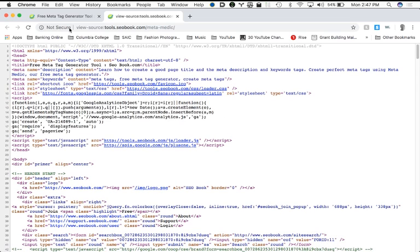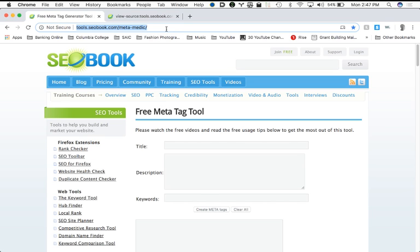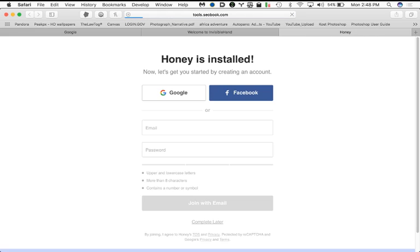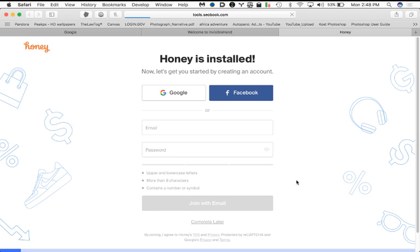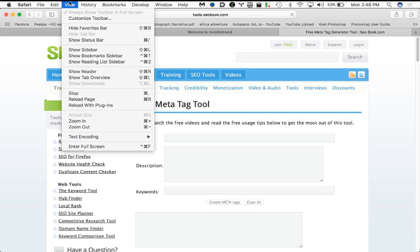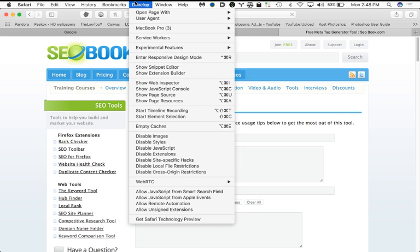If you're in Safari, let me grab this exact same page, and let's go to Safari. You can get this in any browser. It's in Firefox as well. They're just in different places. So in Safari, go up to the View menu and come down to, I take that back, come over to,